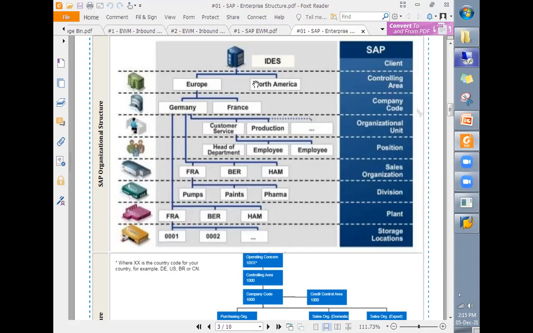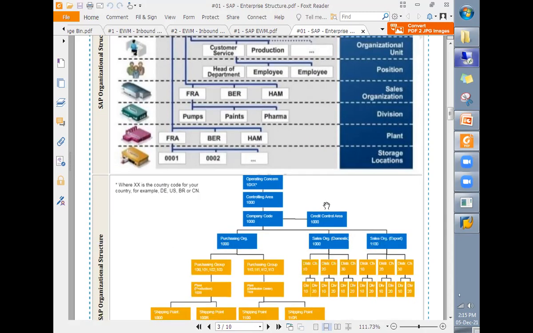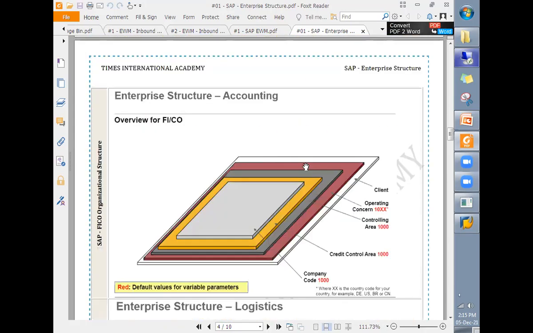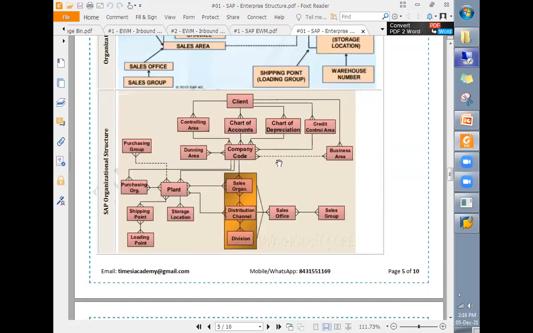So this enterprise structure we will try to understand, and in order to execute EWM related transactions, or to do the relevant configurations, all required organizational units will be defined as per the requirement. Once we define them, then we will assign them as per the requirement.